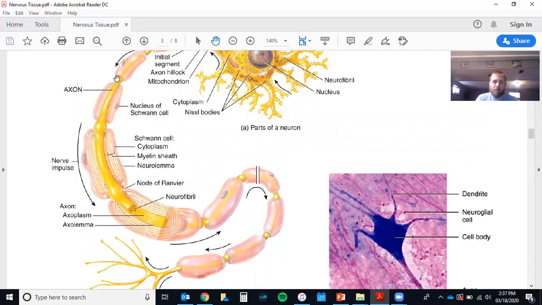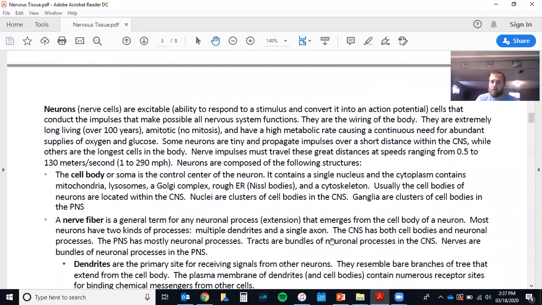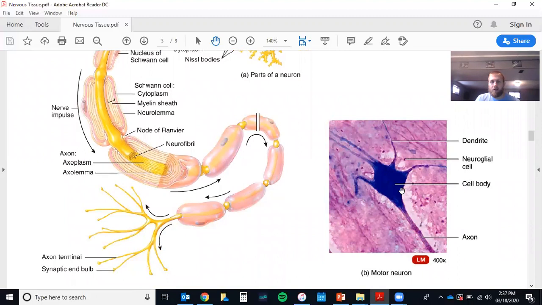And they enable an action potential to skip from node to node like a rock skipping on water, which allows for very rapid nerve signaling. And that's why those signals can travel at speeds like 290 miles per hour. So, pretty amazing. Over on the right, this is a picture of, you can definitely see this, the cell body